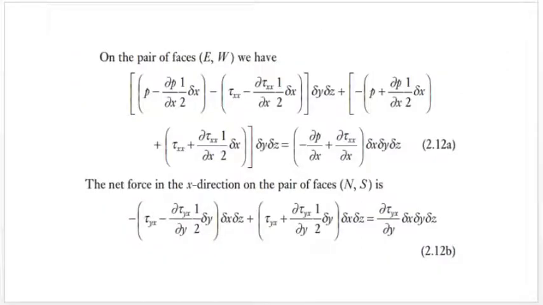This is the expression. In the figure of the cube, you can see the inlet and the outlet, right? For the x direction, tau xx minus dou tau xx by dou x into one by two into del x. Likewise for the other directions, you have to see the same for the x direction, because the force goes in and comes out. So you have to write the equations for the three sets of directions x, y, z. You can write them as east, west, north, south, and top and bottom.